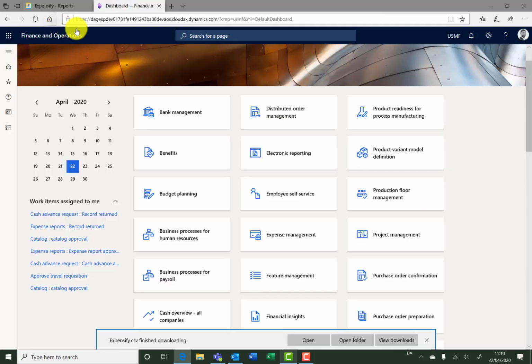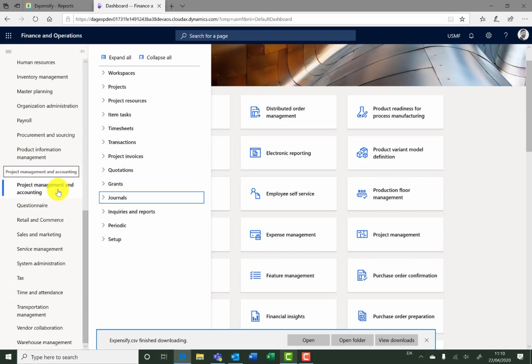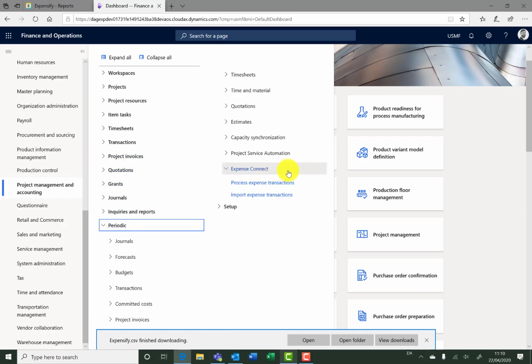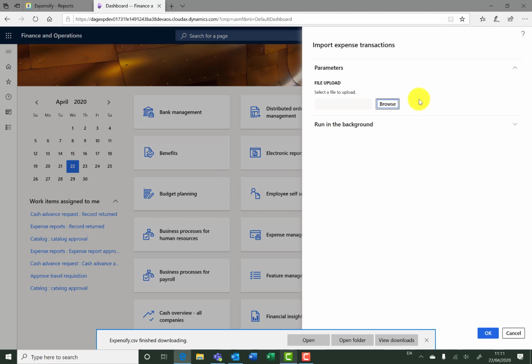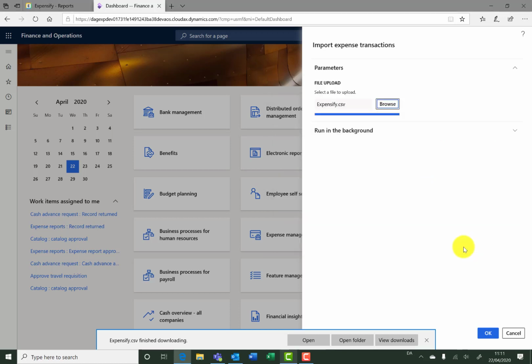Now back in Dynamics, I'm now going to use the Expense Connect plugin to import this file. And for Expense Connect, everything is in the Project Management and Accounting module. So to import it, I'm going to go to Periodic. And in here, you can see we now have an Expense Connect tab, where we can import and we can also process expense transactions. So let's start off with doing the import. I'm going to select that file, Expensify, upload it,